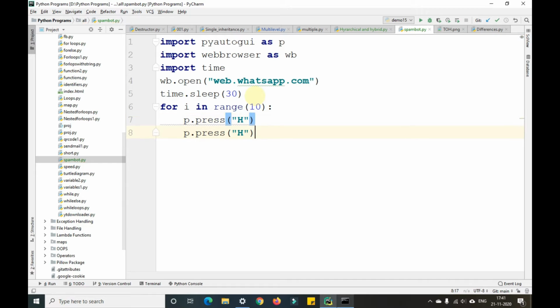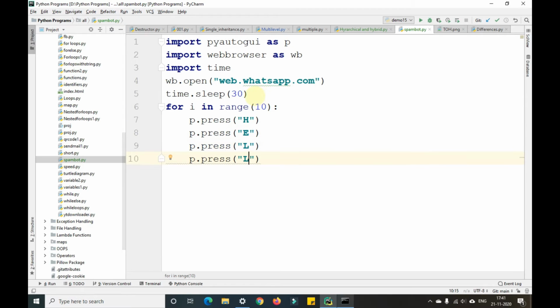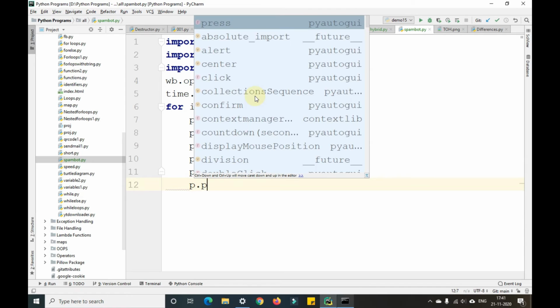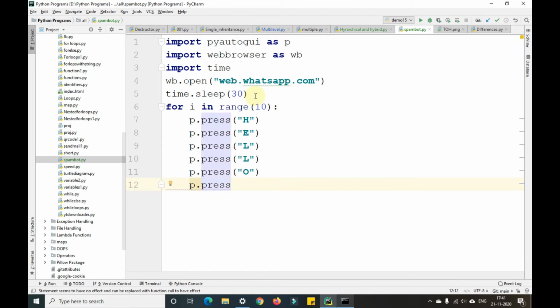H, same way E here, L, O. After writing hello, we'll write P dot press enter. So this enter works as an enter key guys here.